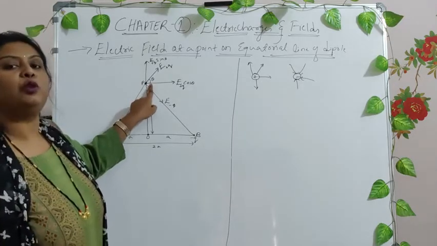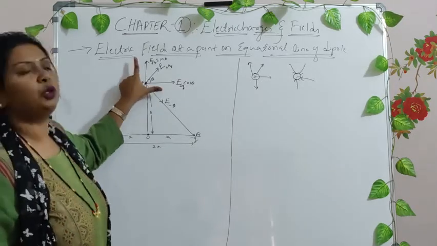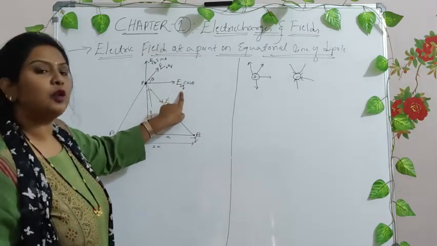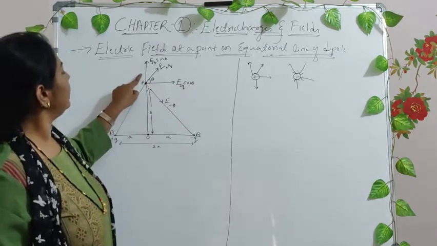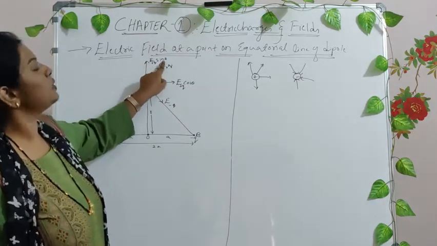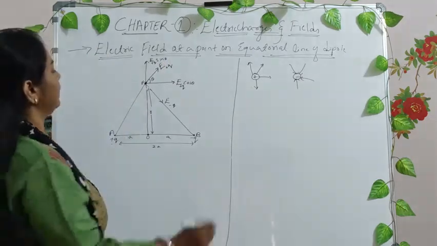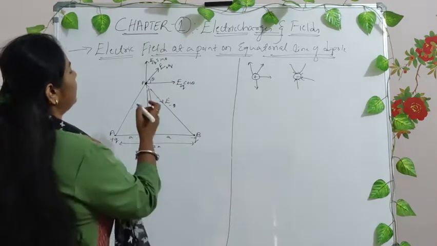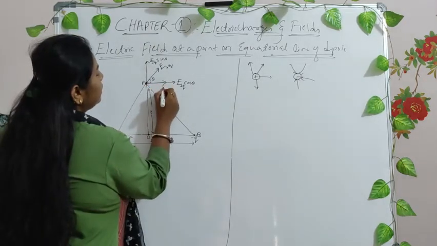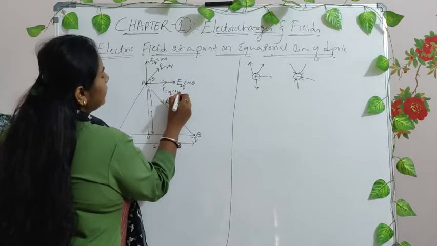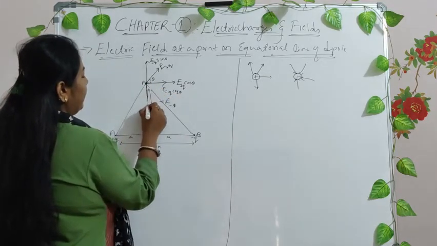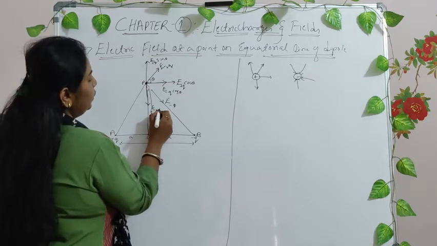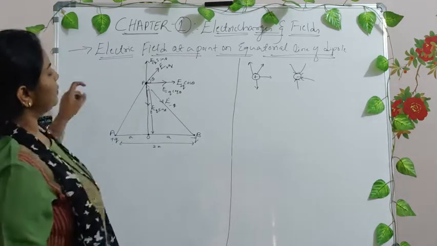The electric field due to the positive Q is resolved into two components: one along the x-axis, that is the horizontal component, which is E positive Q cos theta, and another in the y-axis, that is E positive Q sin theta, right? In similar lines, the E due to minus Q is also resolved into two components: one again in the same direction, that is E minus Q cos theta, right? And in the y direction, but this time it is opposite to the previous one, that is E minus Q sin theta, right?